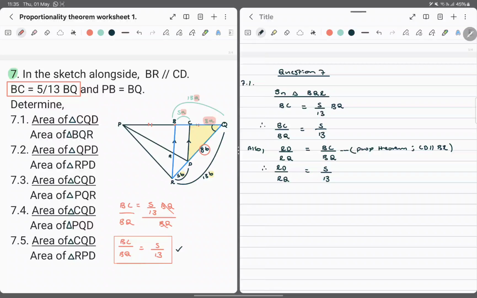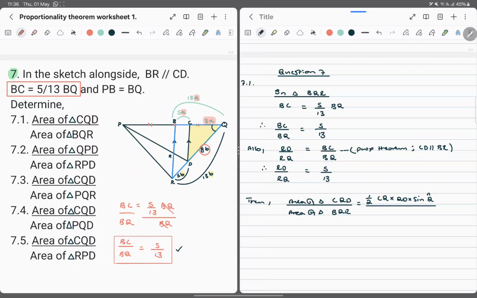Now, we are at liberty to do what we need to do. We can say then, we know that the area of triangle CQD over area of triangle BQR is going to be equal to, we're going to use the area rule. It's half CQ times QD times the sine of angle Q,